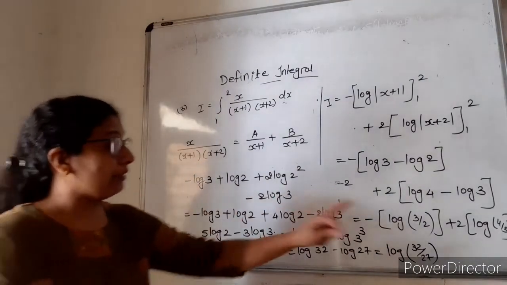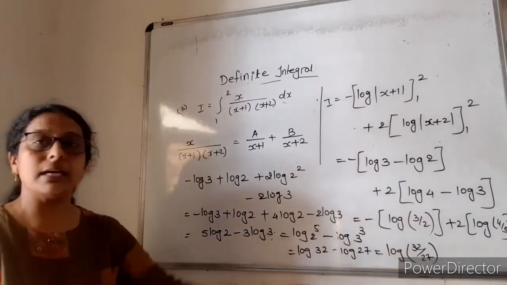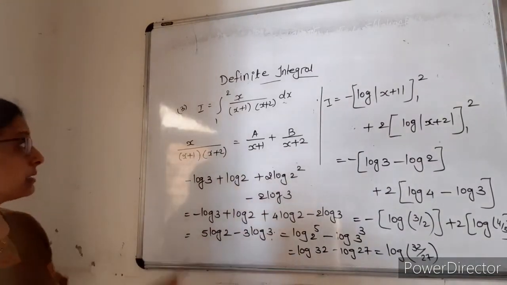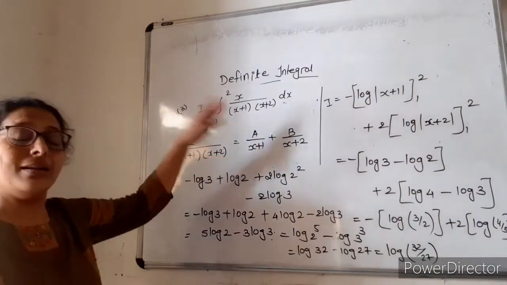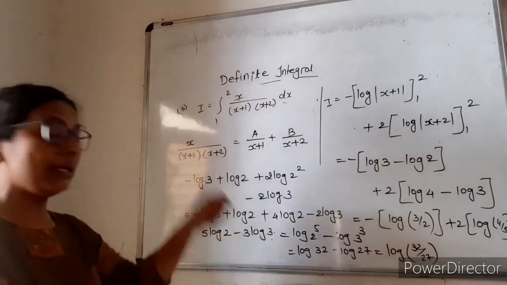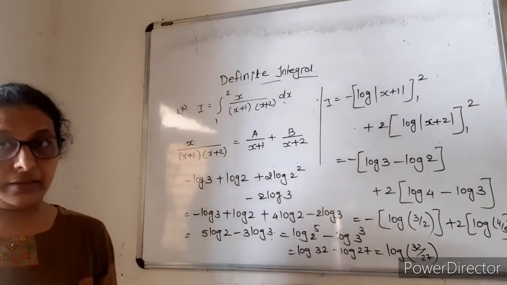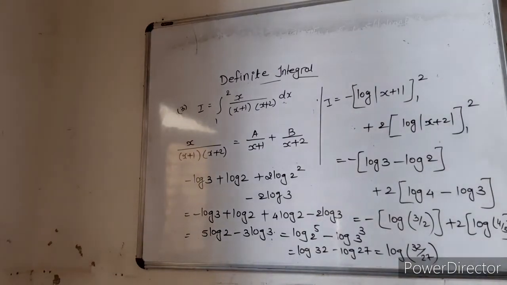So you can write like this also, you can simplify this way also. You have to simplify. You understand this? That is question number 3. So here the method is only the definite integral, but you have to apply the limit, simplify and get the answer. Yes? Do it. Then we'll go ahead with the next.